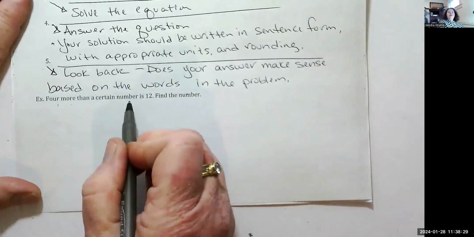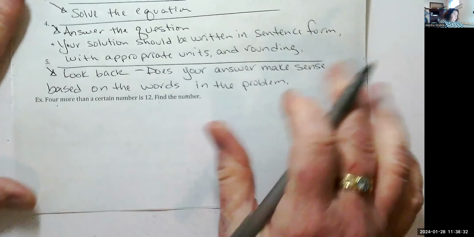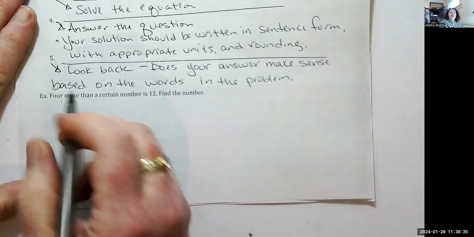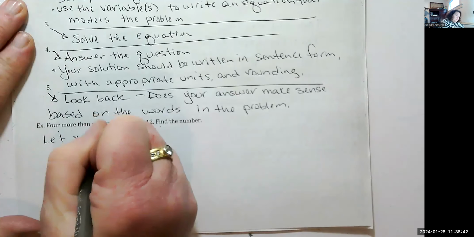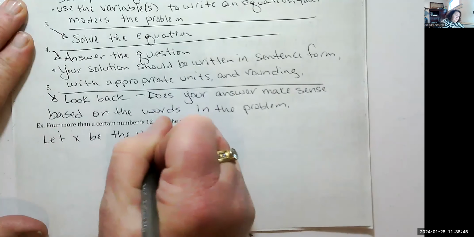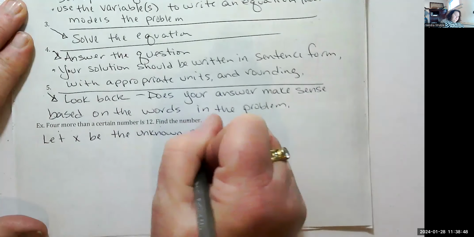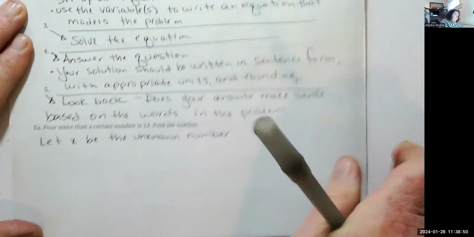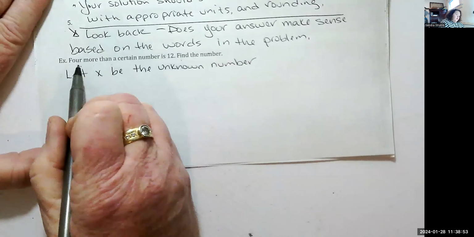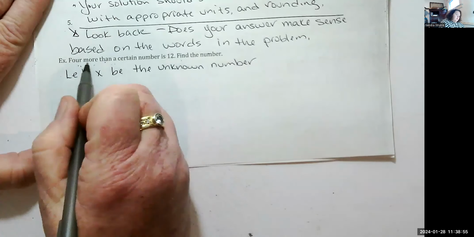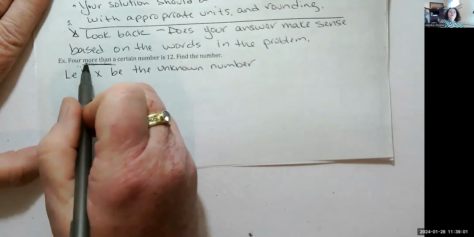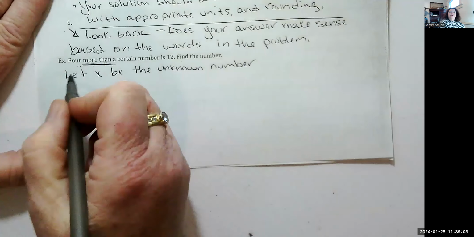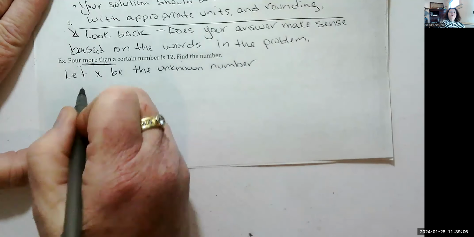All right. Four more than a certain number is 12. Find the number. So let's give some information here. We need to create a variable dictionary. We're going to let X be the unknown number. All right. So for more than, if you have the words more than, they're throwing a really tough one at you right now. We shouldn't have done this. More than means you're going to flip. So for more than a certain number